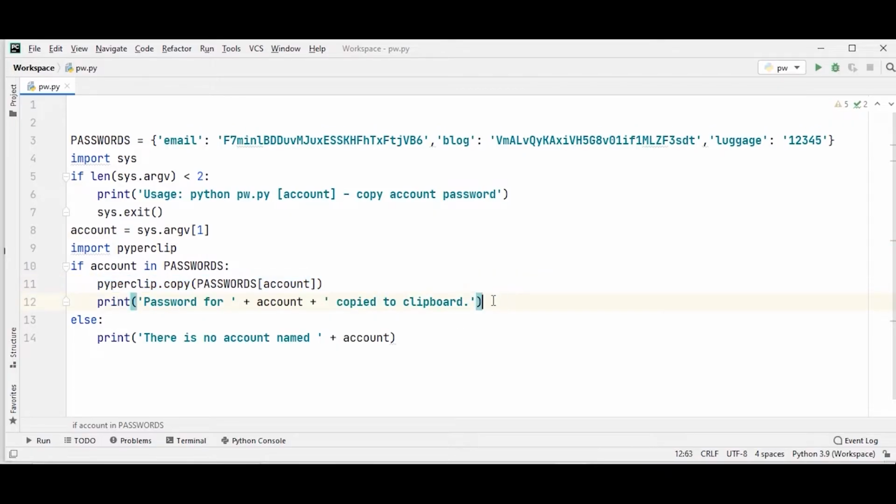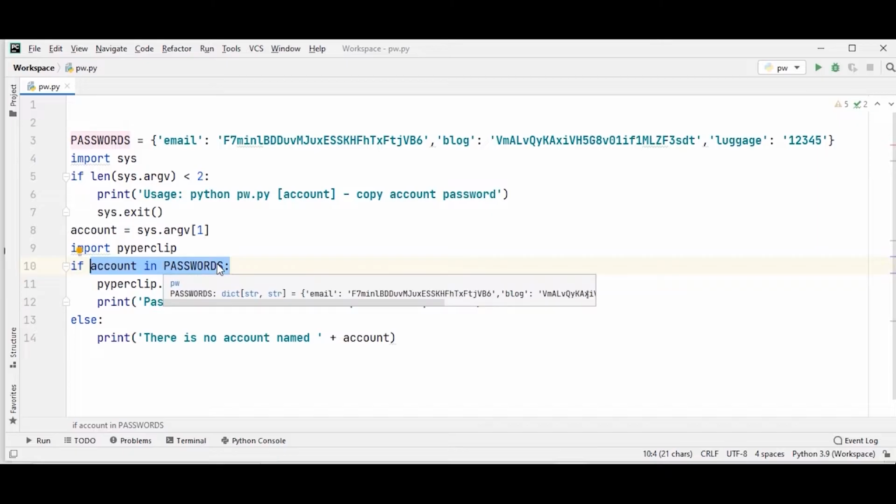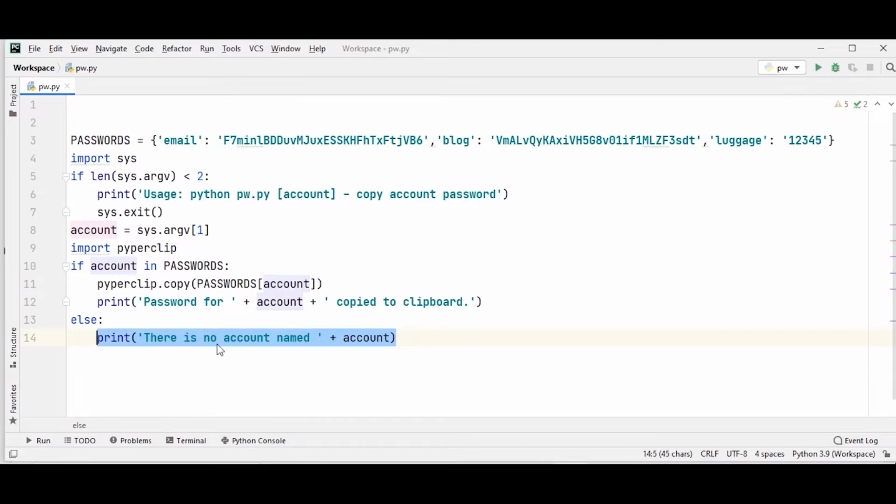Then I am printing this statement: password for the given account, maybe email, blog or luggage, has been copied to clipboard. Otherwise, if the account is not in passwords, then I am printing there is no account, with the account name provided by the user. So here I have named this file pw.py.